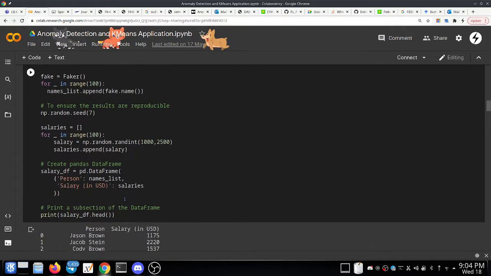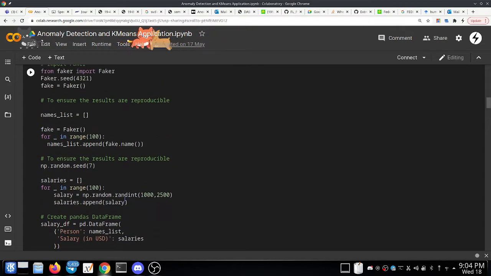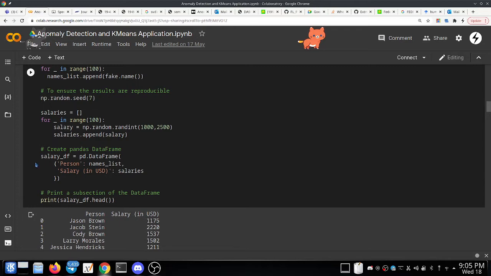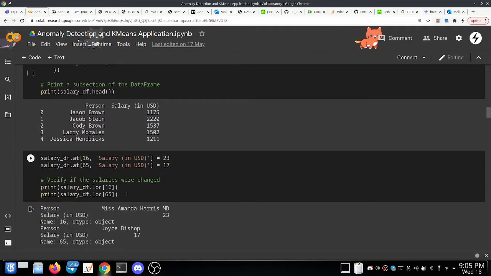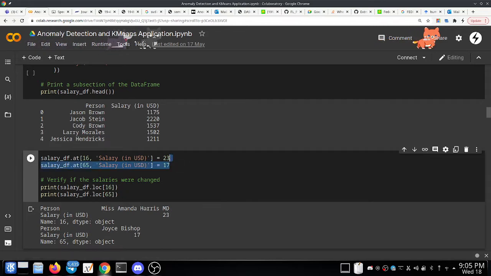So here, for example, we create fake names. We create salaries from this distribution, and that is it. Now we change some of the salaries to be of a specific number,